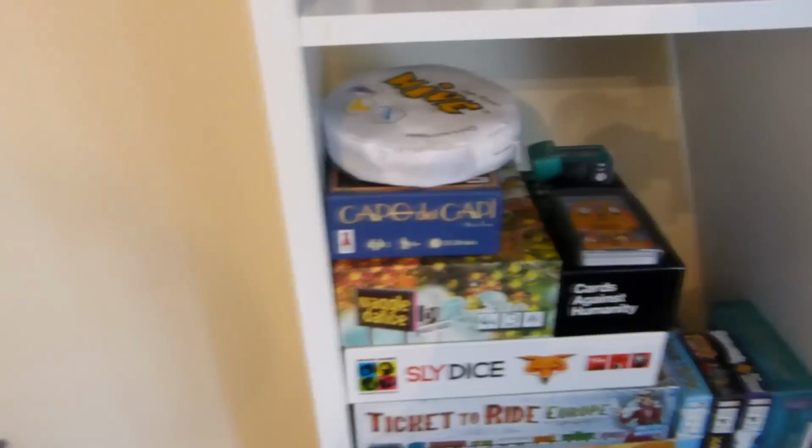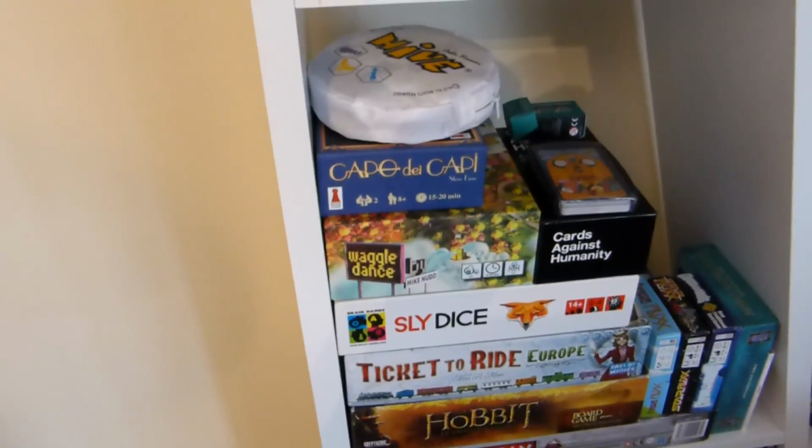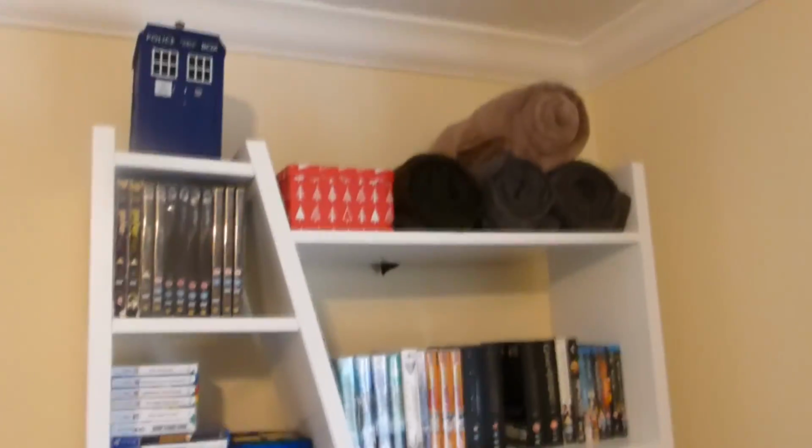Ticket to Ride is amazing, by the way, as is Waggle Dance, and I've not played this one yet, but we'll get into the Capo Dei Di Capi one. Anyway, so yeah, this is where all my stuff is, and then if we come in here, you shall see